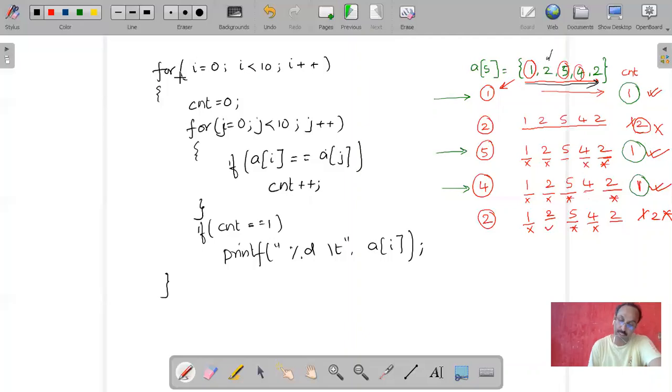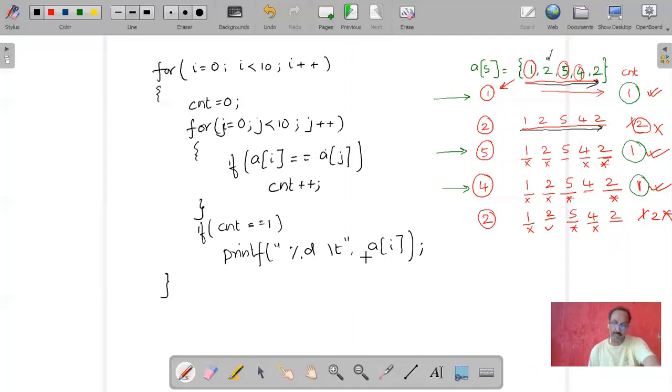I is equal to, మళ్ళీ నెక్స్ట్ ఏం చేస్తున్నాను, 2 తో కంపేర్ చేస్తున్నాను. సో a of 2 is sorry a of 1, I is equal to 1 కదా, a of 1 is equal to దేంతో చేస్తున్నాను, మళ్ళీ a of 0 తో చేస్తున్నాను. So again I am starting with a of 0, a of 1, a of 2 up to a of, in this case a of 4, in this case a of 9 వరకు కంపేర్ చేసి అంతా అయ్యేసరికి if the count is